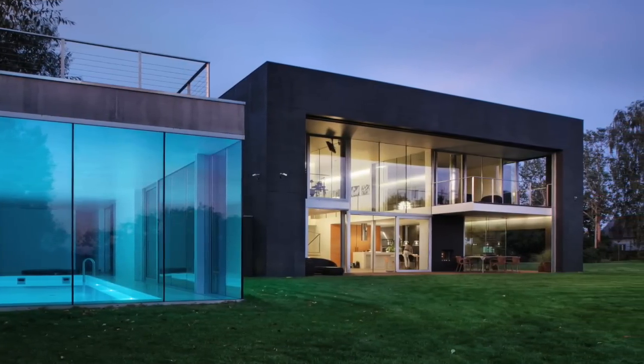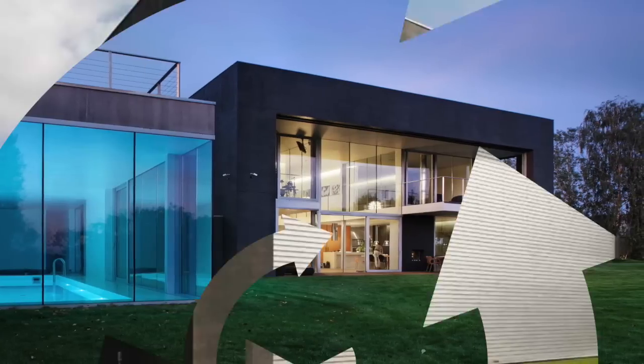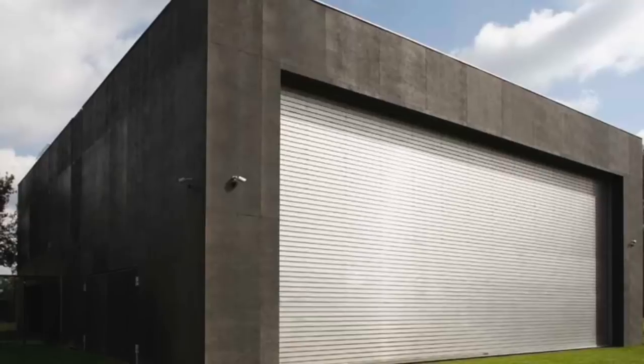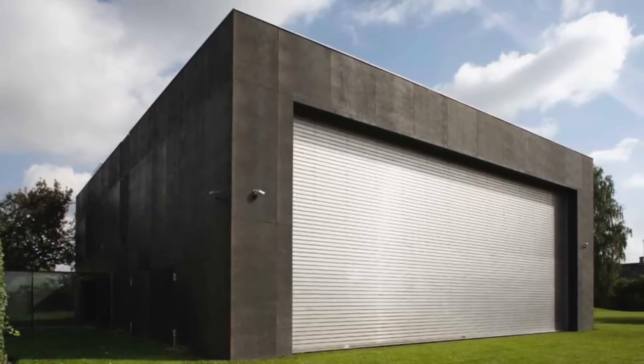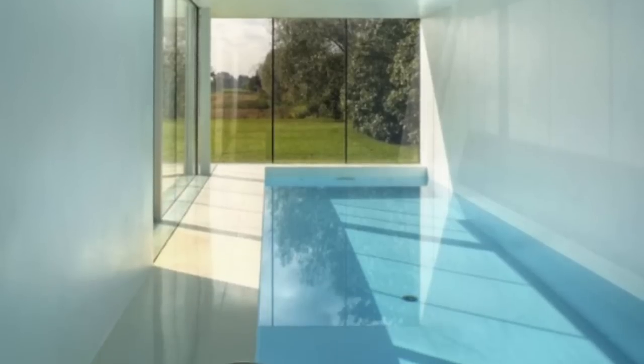For example, I'm sure you guys are all like, well, it's not really zombie proof, I mean look at all of the windows and doors. Well, that's the crazy thing about this, which is that it can actually shapeshift, because if you press one button on a remote, all of the windows and doors close into concrete and metal, just like the rest of the